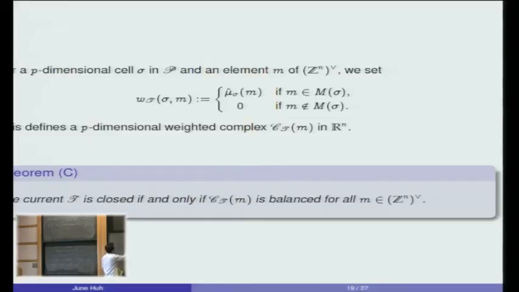So I should have 1 here and 1 here. But I can do the same reasoning here. Now if I take the balancing condition here, the only possible solution would be 1 here and 1 here. The solution propagates, and for some dramatic reason, it meets up. And this constant weight is the only possible balanced weight this polyhedral complex can have. So if you construct the tropical current out of this combinatorial linear algebraic object, then you will automatically have a strongly extremal current. Although this is a two-dimensional fan in a three-dimensional example, you could